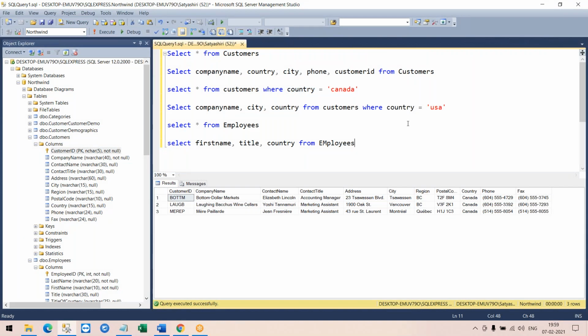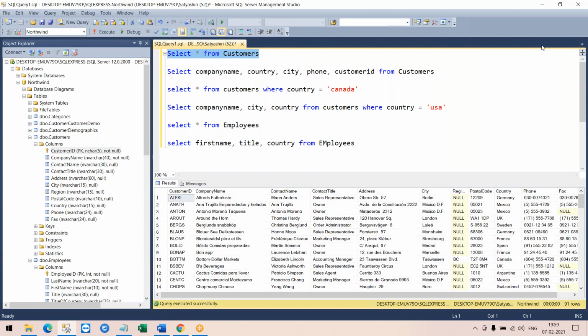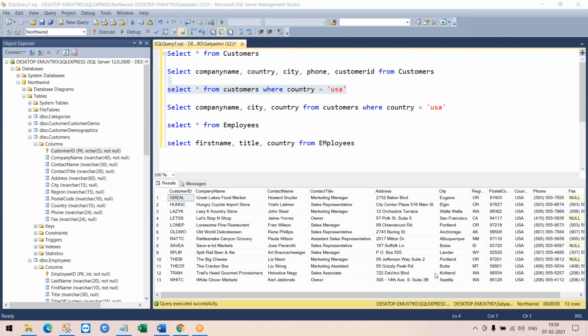Okay. So now one question: let's execute this customers table once again. Now, when I filter out the data, let's say instead of Canada, I filter out USA. Execute. Now when I filter the USA customers, I see there are a total of 13 rows. There are 13 customers in the customers table.